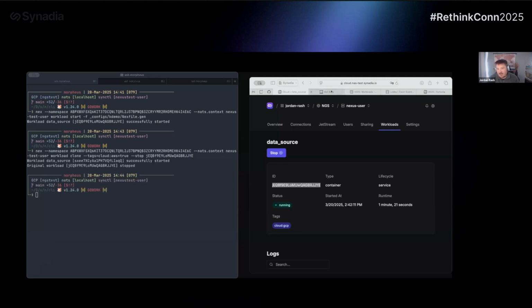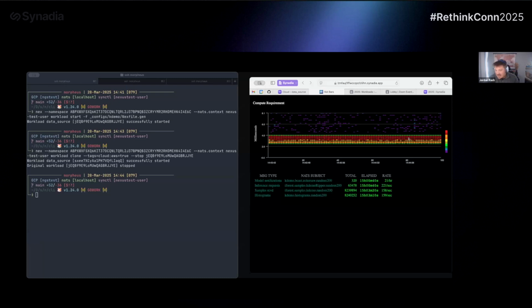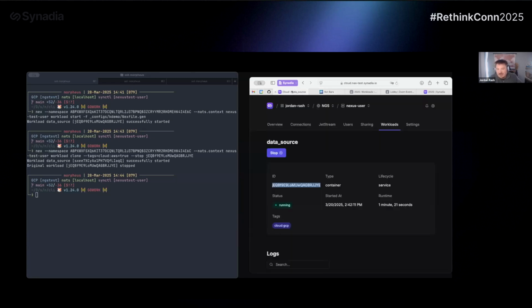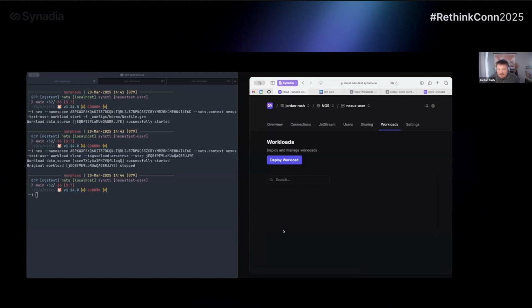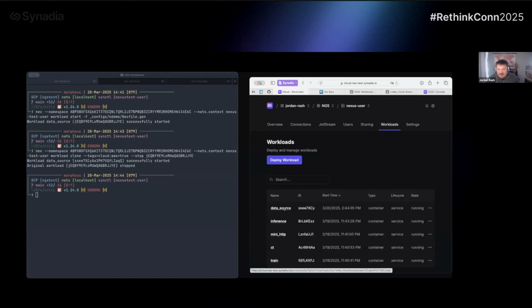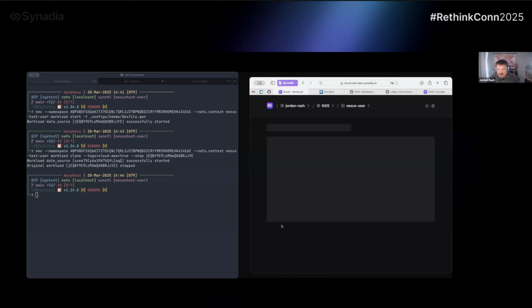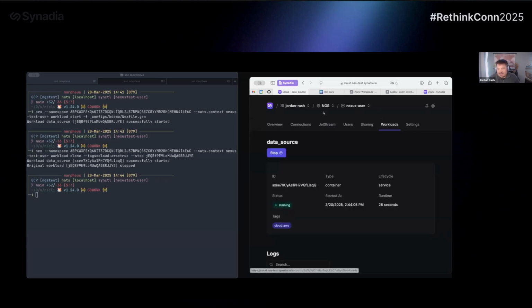So there you go. If we go back to our heat bars, you can see it's speeding up a little bit. That's because for a brief second, both load generators are running. And as we turn it back down, you'll see it mellow back out. So essentially, what we've just done is we now have our data source generator running in AWS.